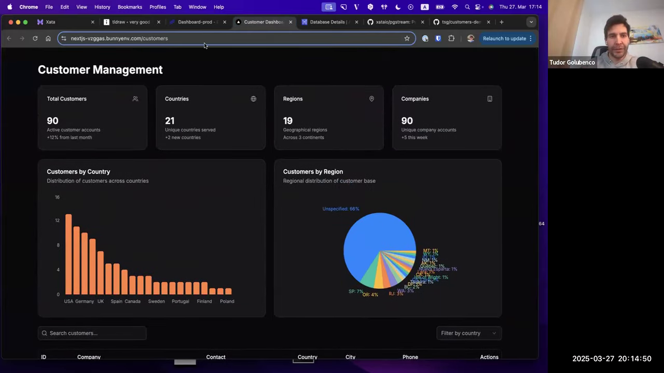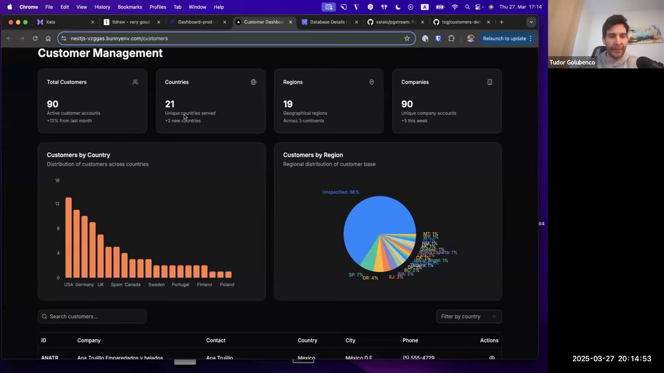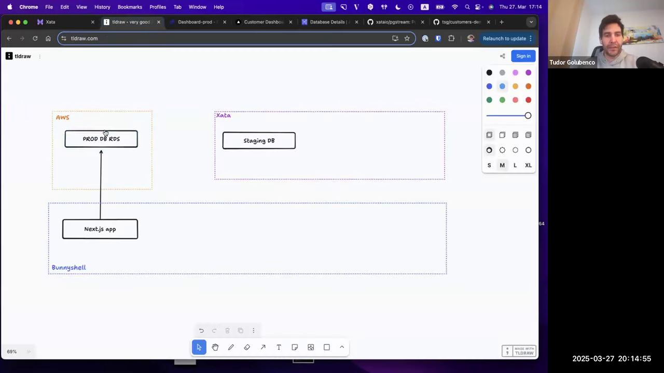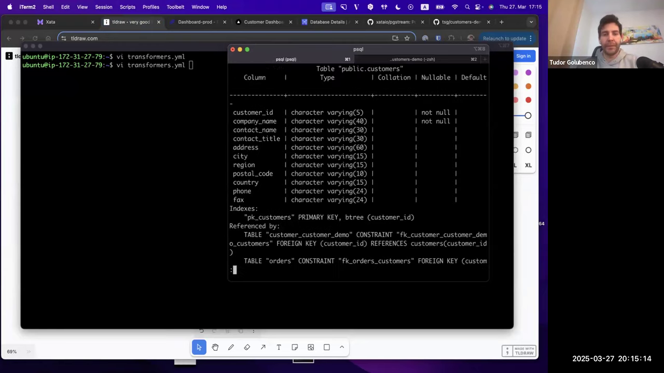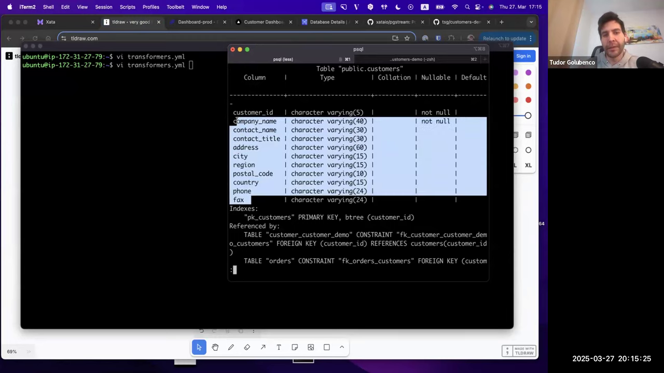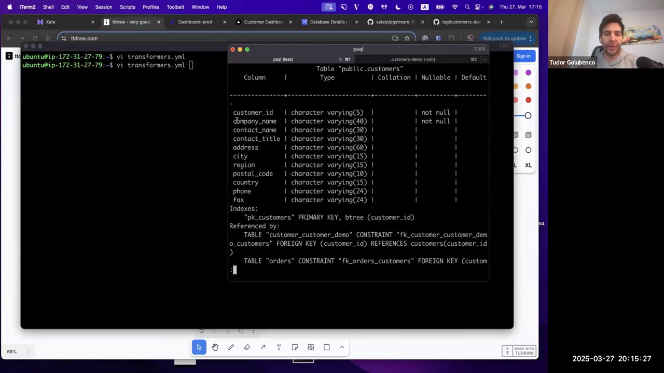kind of a dashboard page, and in the database, in this RDS instance, I have loaded the Northwind database. It's a very common data set that's being used. It has these tables. It's kind of like an e-commerce type of data set. And in particular, we're going to look at the customers table. RDS doesn't have a nice way to visualize this data, so I'm going to use PSQL. These are the columns in that table, and these are the columns that we're going to anonymize, right? Because we don't want